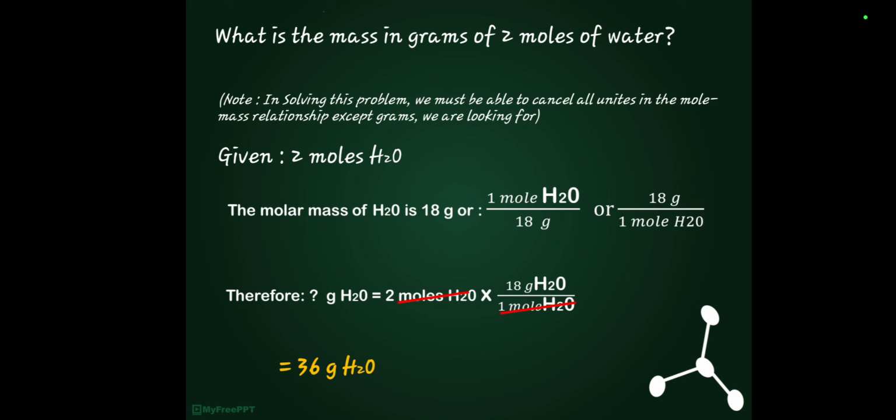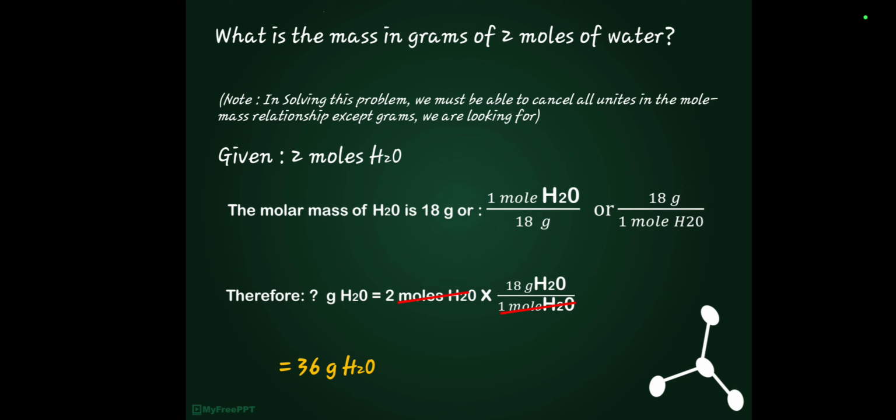Then again, the process: you have to multiply 2 times 18, then divide by 2 times 18. So 2 times 18, the result would be 36 grams of water. So here, as you can see, the difference between the first example and this example is